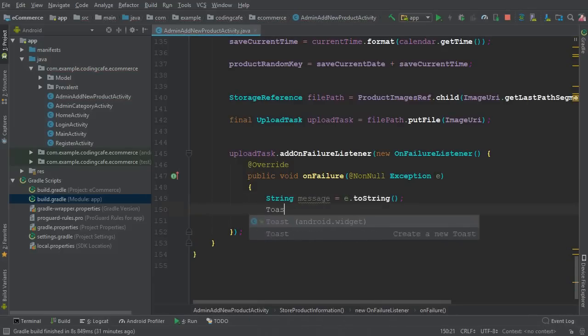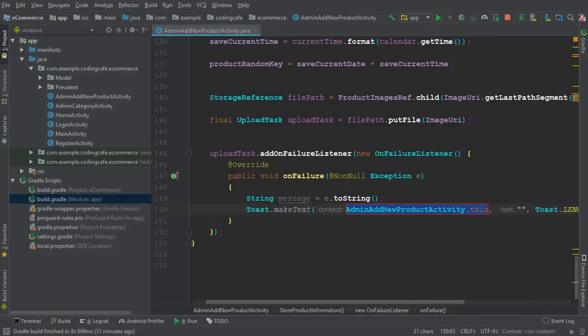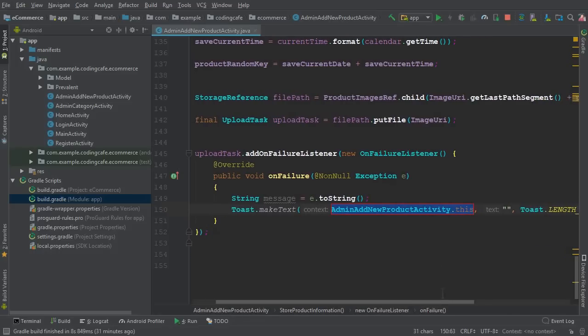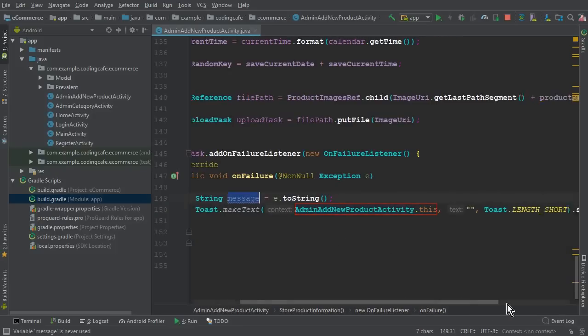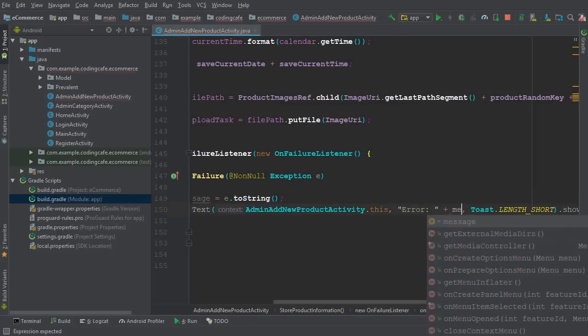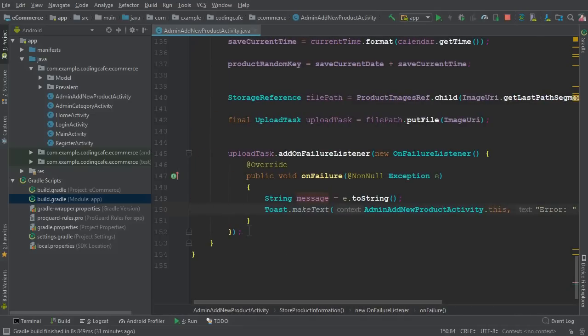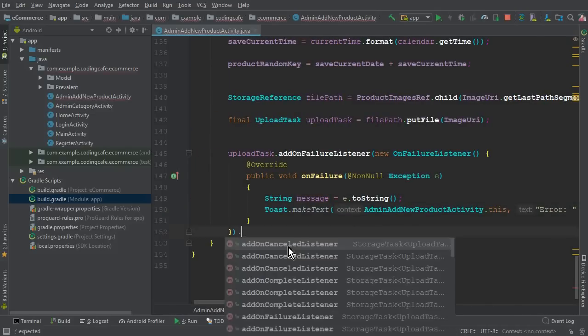Now we have to display this message to the user, that is, to the admin, sorry, this is the admin panel. So we have to display this exception to the admin, that is why the image is not going to upload, that is which error basically occurred. So here you can say "Error", this concatenation sign, and pass this message here. So yeah, this is for the on failure, and remove this semicolon from here, and then we can say dot